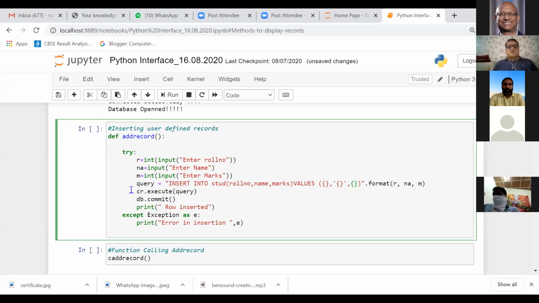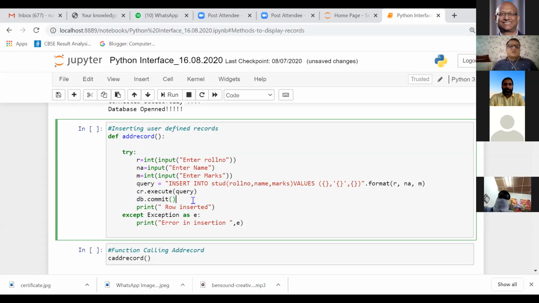So this MySQL string will be created, and then I write cr.execute query, and the query will be executed. But as we know, MySQL autocommit is always on. But when we are sending any statement from the front end, the TCL commands are disabled at the backend. So whenever we write any insert, update or delete command, we need to write db.commit.